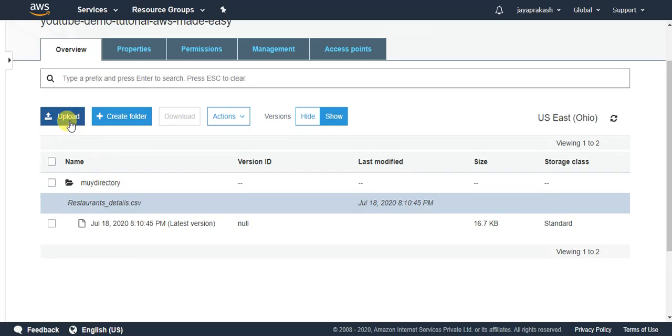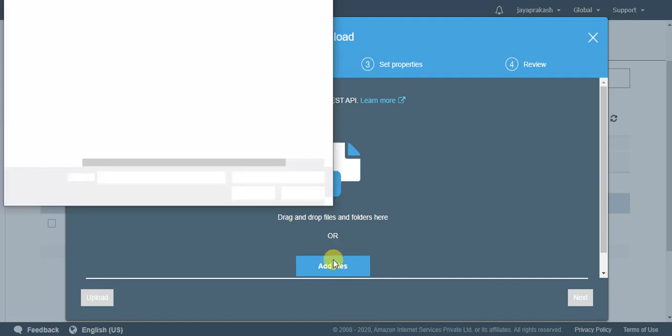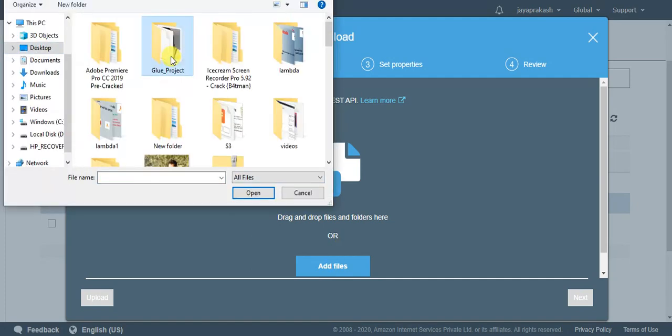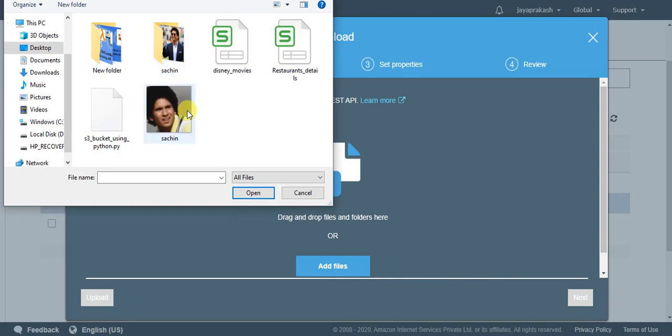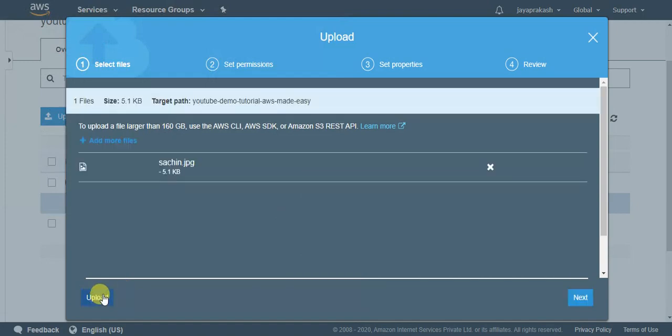Okay, I'll click on upload and add files here. I'll upload this photo of Sachin Tendulkar, which is an old photo of him. It's a JPEG image. I'll just upload it here. Okay, click on upload.